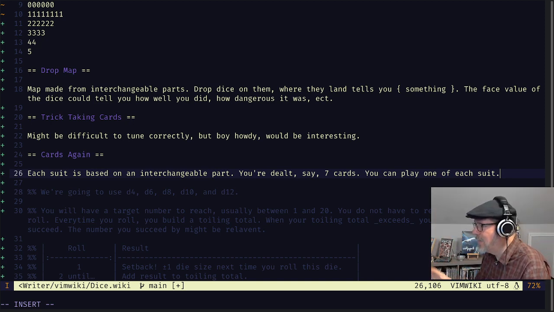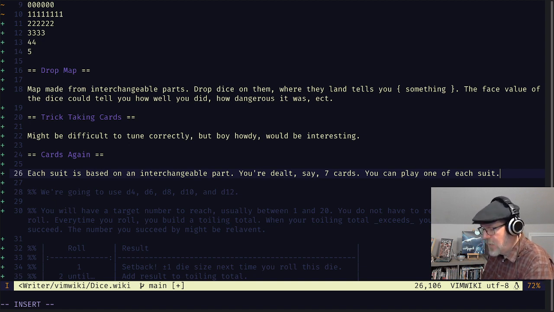Too many variables right now. But the point is that if you can get a hand that has one of each suit in it, then you can play out all 5 of them, and that would increase your odds. But maybe some of those come with drawbacks or something like that. And if you can't get a hand with all 5 suits in it, then maybe you can play out flushes, right? Maybe you can play out all the cards you have of a single suit, which would be kind of interesting.